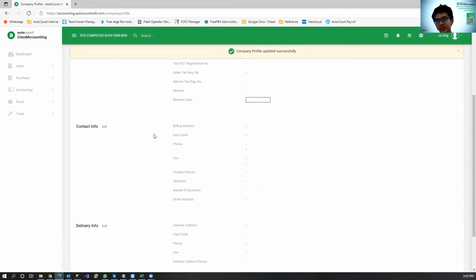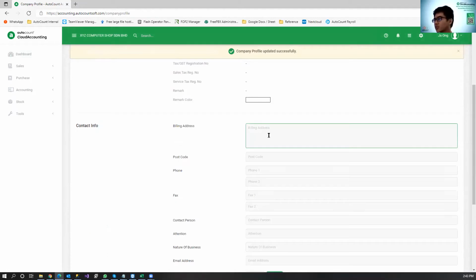Contact info, let's say you have your own contact that you want to key in. Jalan Api, Taman Air, and so on. You can fill in your postcode and your phone number, for example.